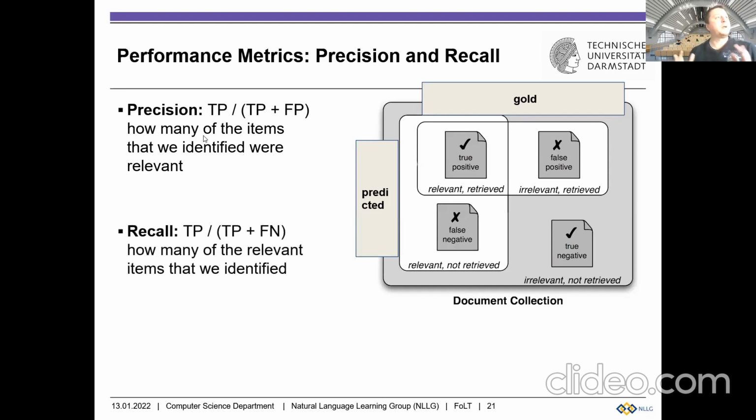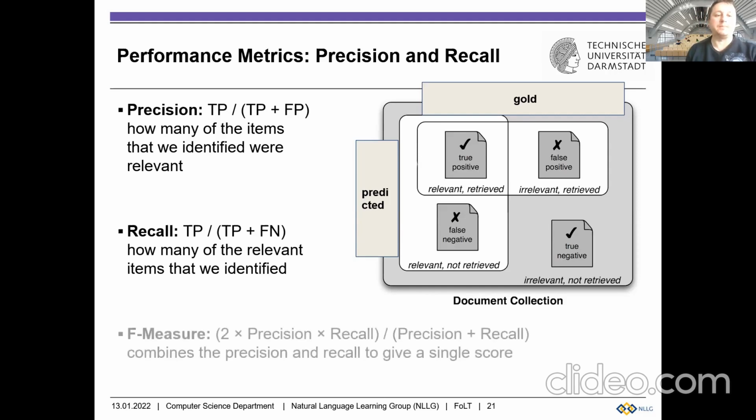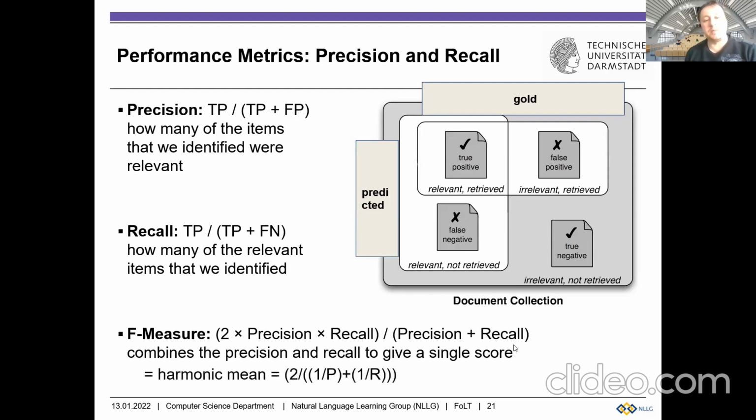The recall is how many relevant documents are there in total. Let's say there are 8 relevant documents in total, out of which 3 have been retrieved. So it would be 3/8. Then we have the F measure, which combines both metrics into a single score. So we have precision and recall, combining them into a single score using this formula here. However, this is a little bit difficult to memorize. So what you can instead also memorize is that it is the harmonic mean of the precision and the recall. And the harmonic mean of any 2 numbers, P and R, is given by this formula here.